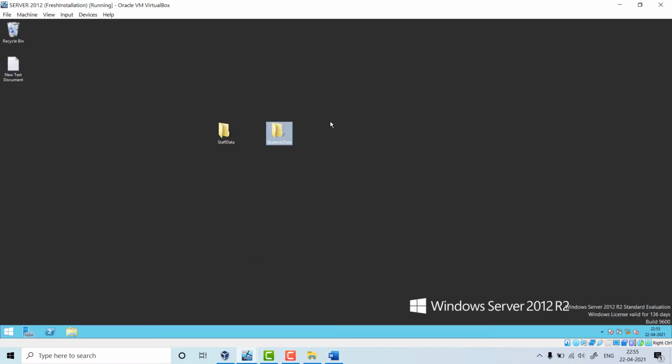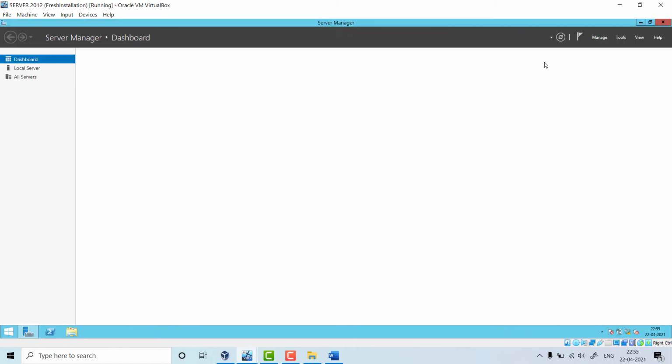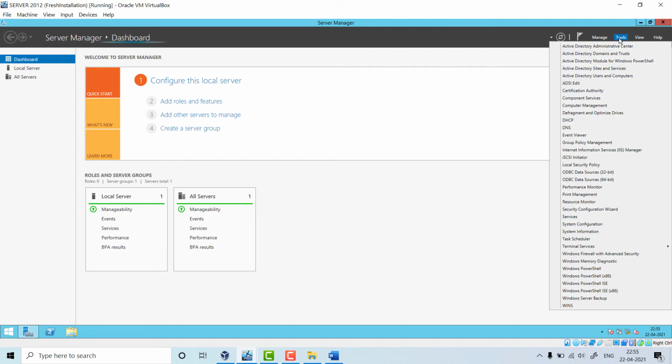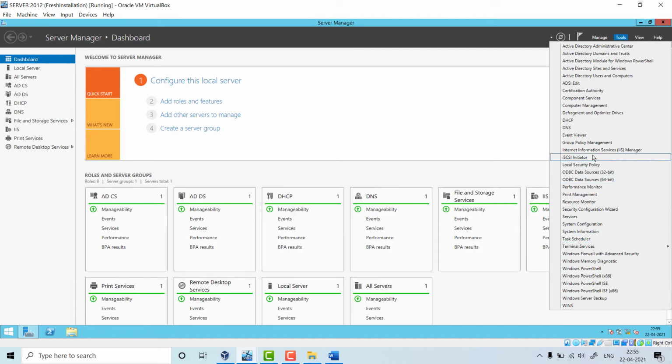Before doing that, let us do one more thing. Let us go to firewall. Okay, before that, for students, this is very important. You need to have IIS installed. If you are not having IIS installed, then you will not be able to do this practical. So first you need to install IIS.